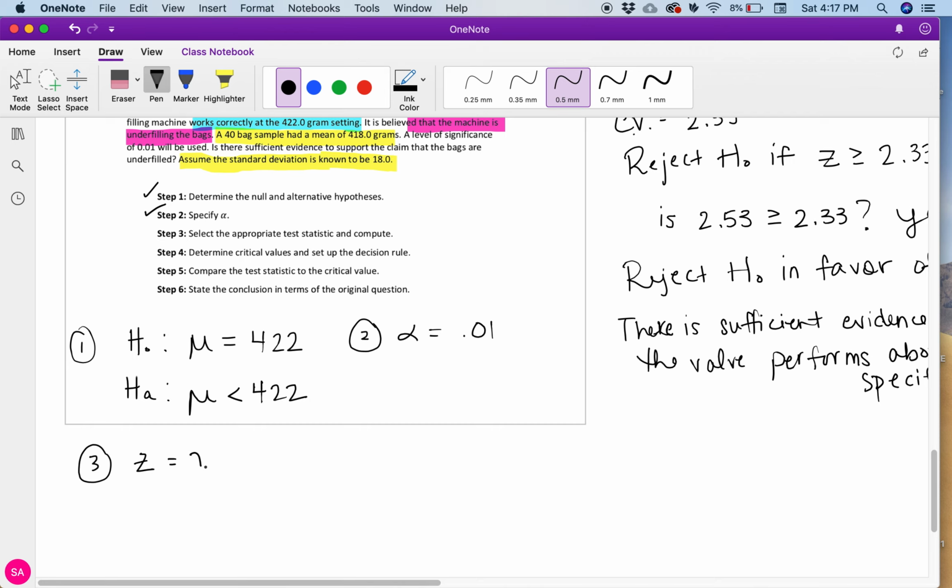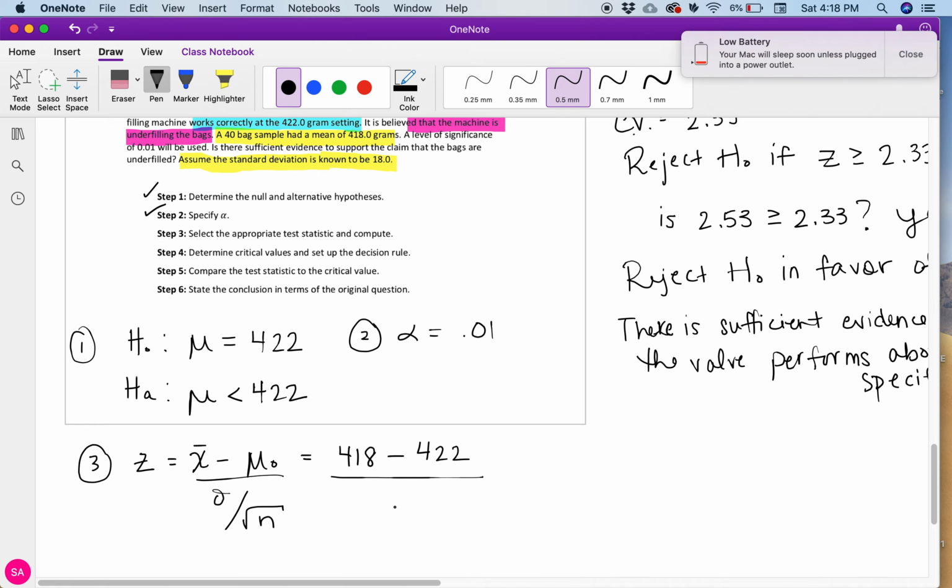So once again, the formula is x bar minus mu naught, or mu sub 0, doesn't matter how you say it, all over sigma divided by the square root of the sample size. So let's plug and chug. Our sample mean was, the 40 bag sample had a mean of 418. Then we subtract the mean from the null hypothesis, which is 422,